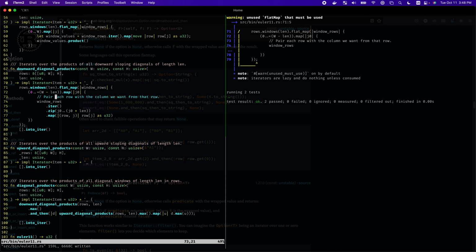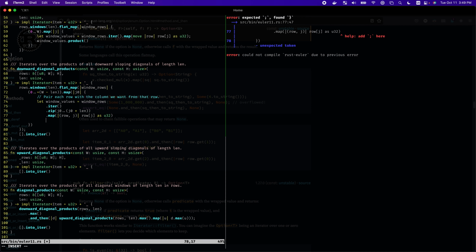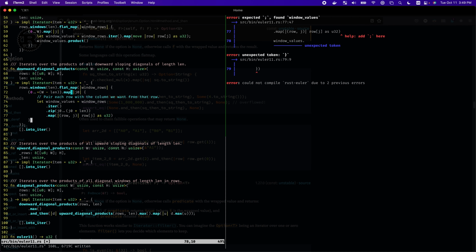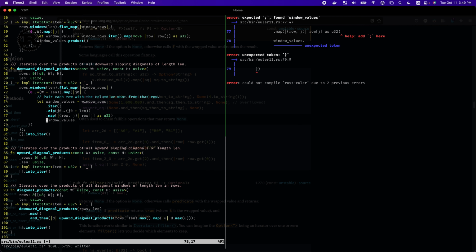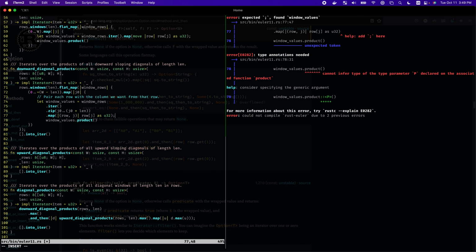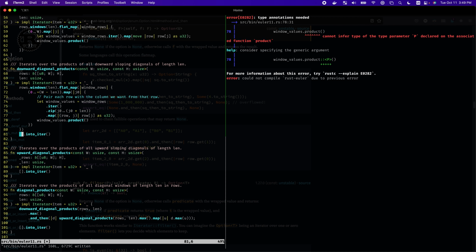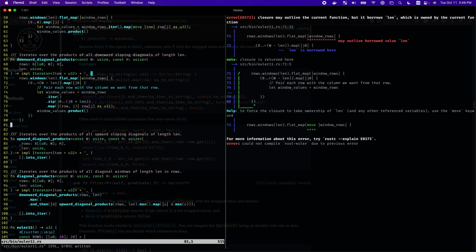Row J. Okay, so what does this give us? This gives us the values. This gives us let window values equals that. Then we can say window values dot product. Outlive borrowed value len, because